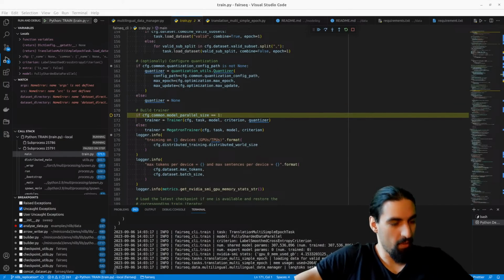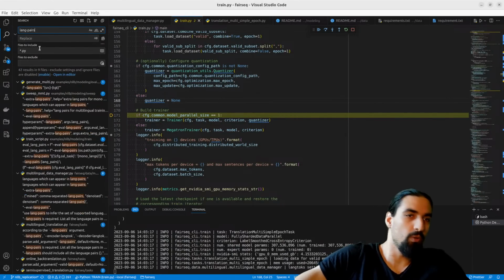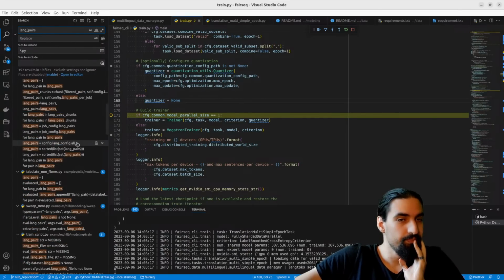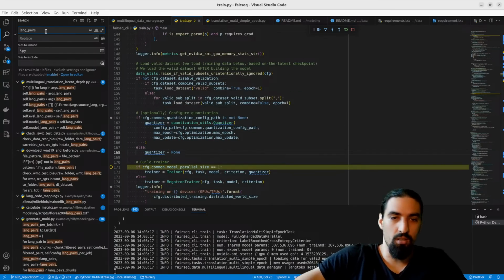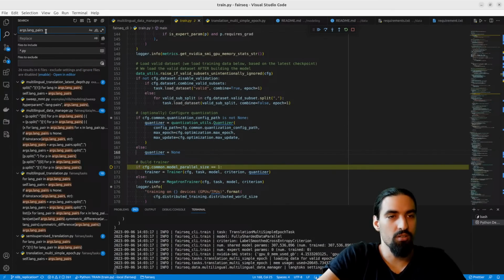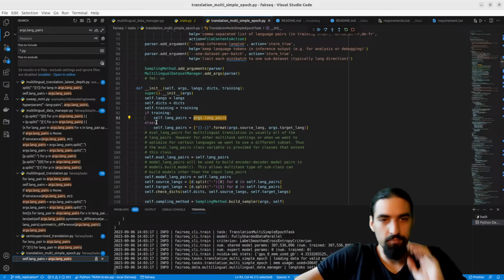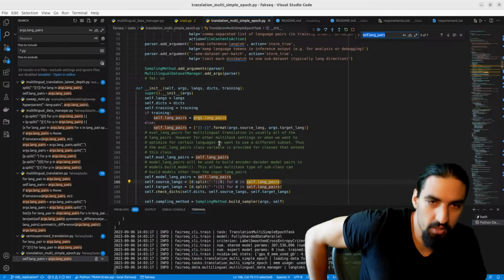And let me now go back and see the language pairs. Where are these used? We are looking to understand how these arguments are used exactly. Language pairs. Args, language pairs. How is this used? Self language pairs. Eval language pairs are the same.